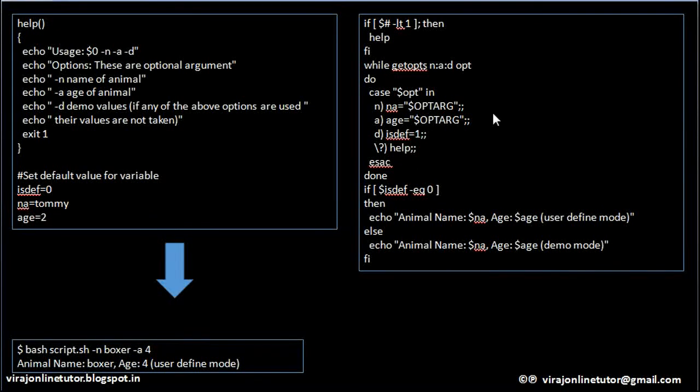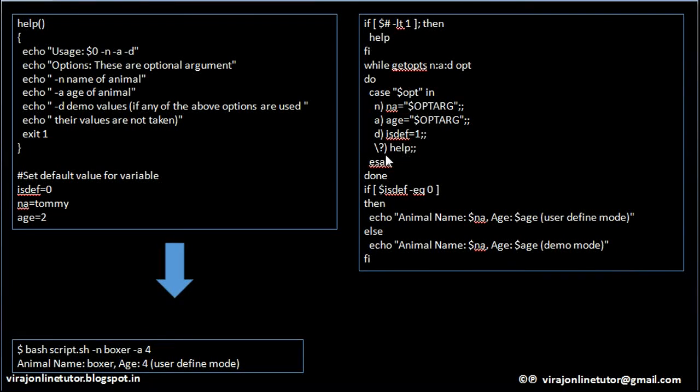So getopts is a very good utility used in shell scripting to handle the command line options that you pass. Now let's consider what if the user had typed any other option other than n, a and d. In that case, it would have printed help to the user.